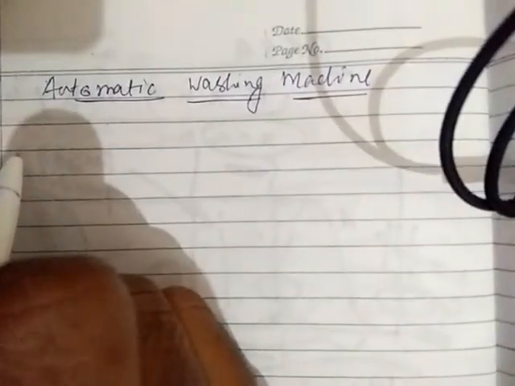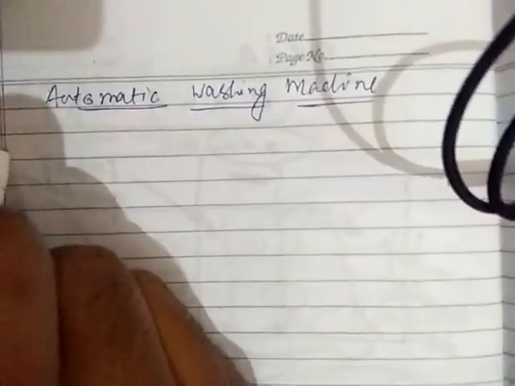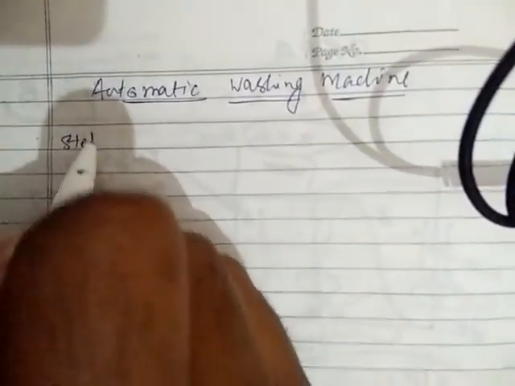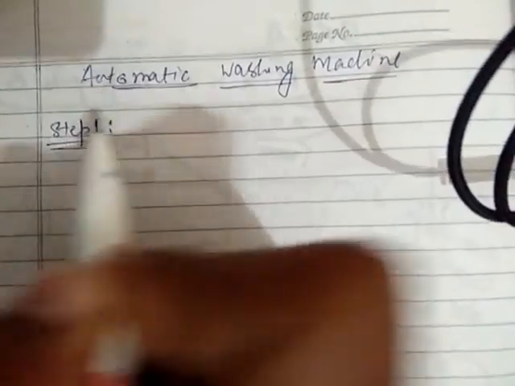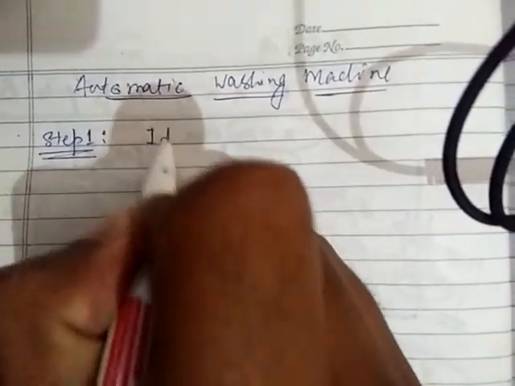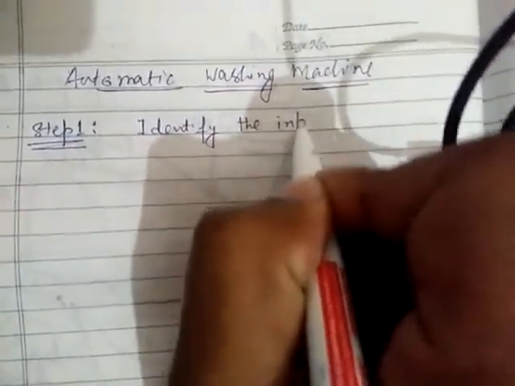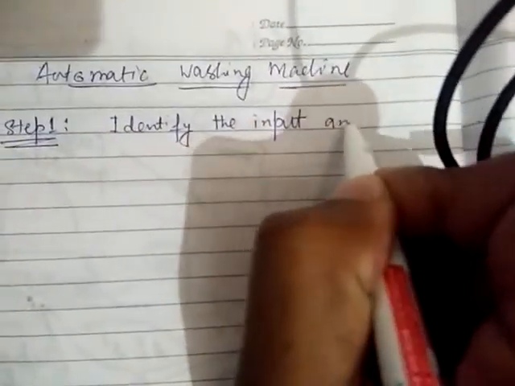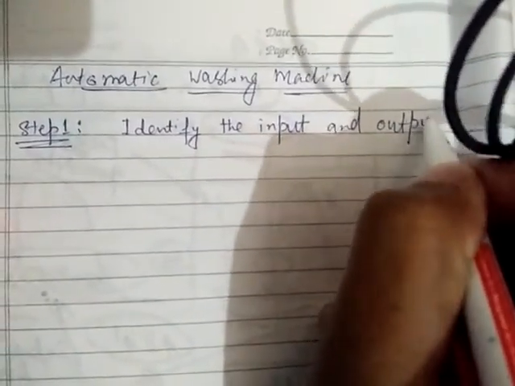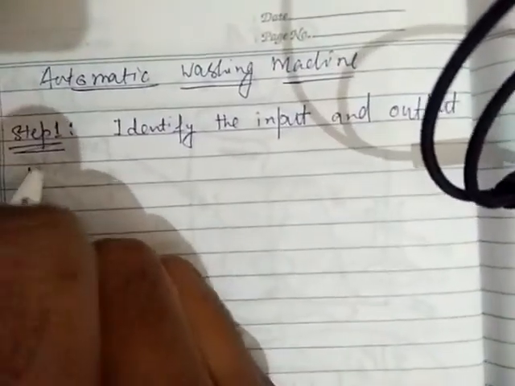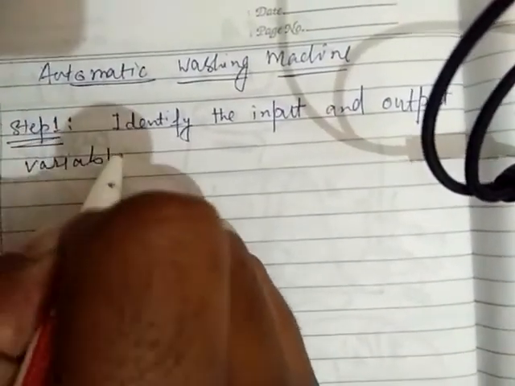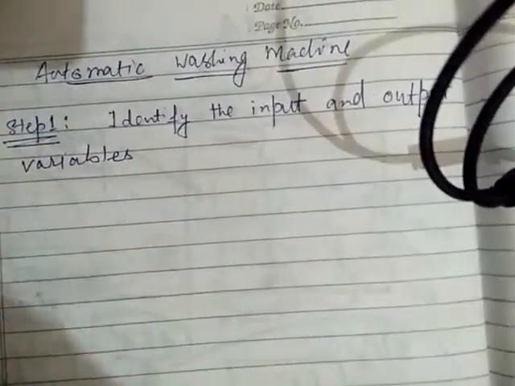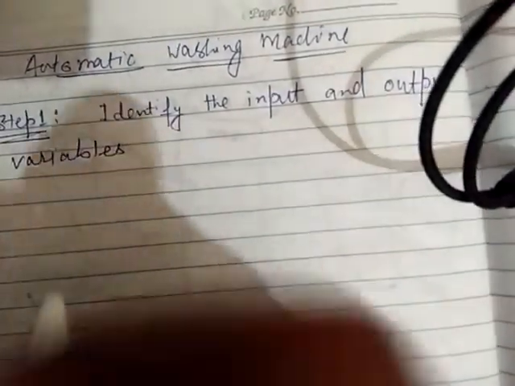According to the Mamdani fuzzy system, the first step that we have to follow, step one, is to identify the input and output variables,